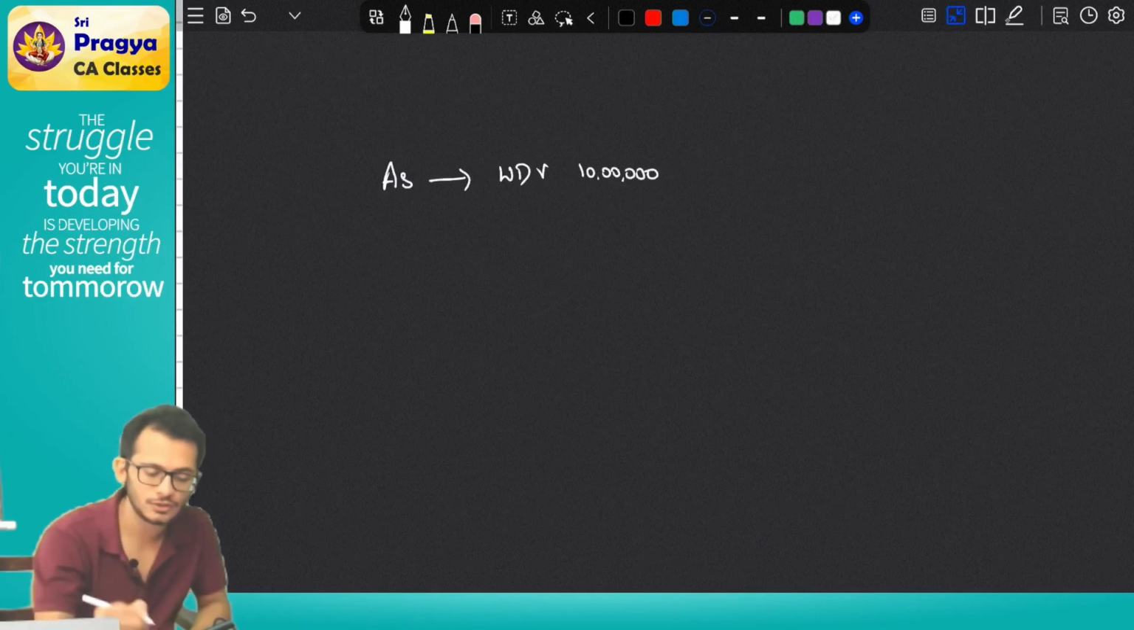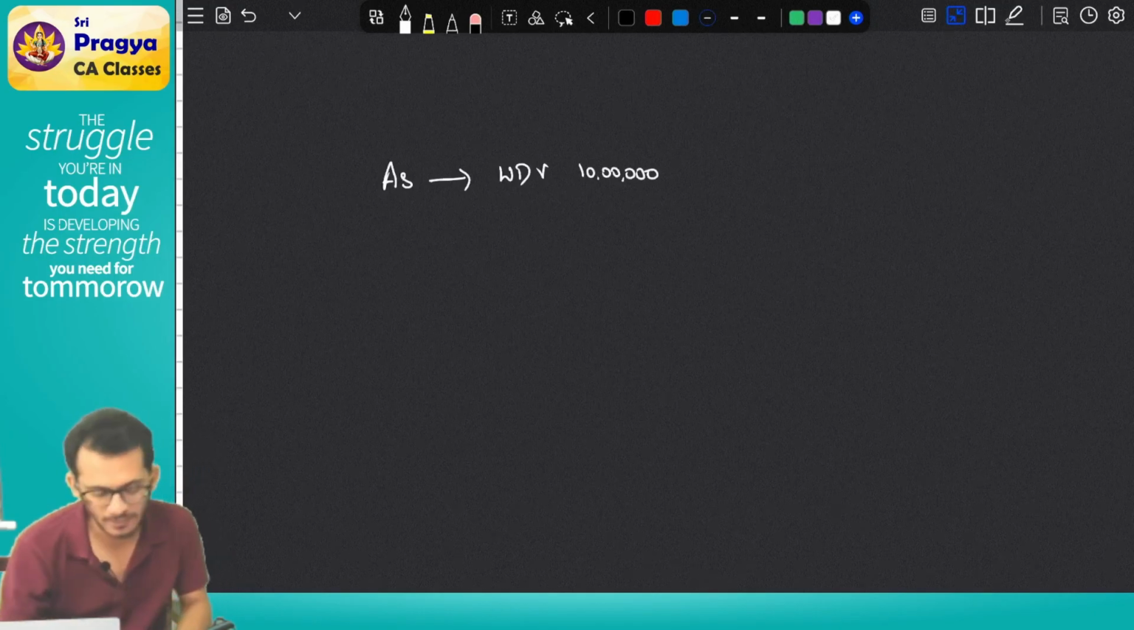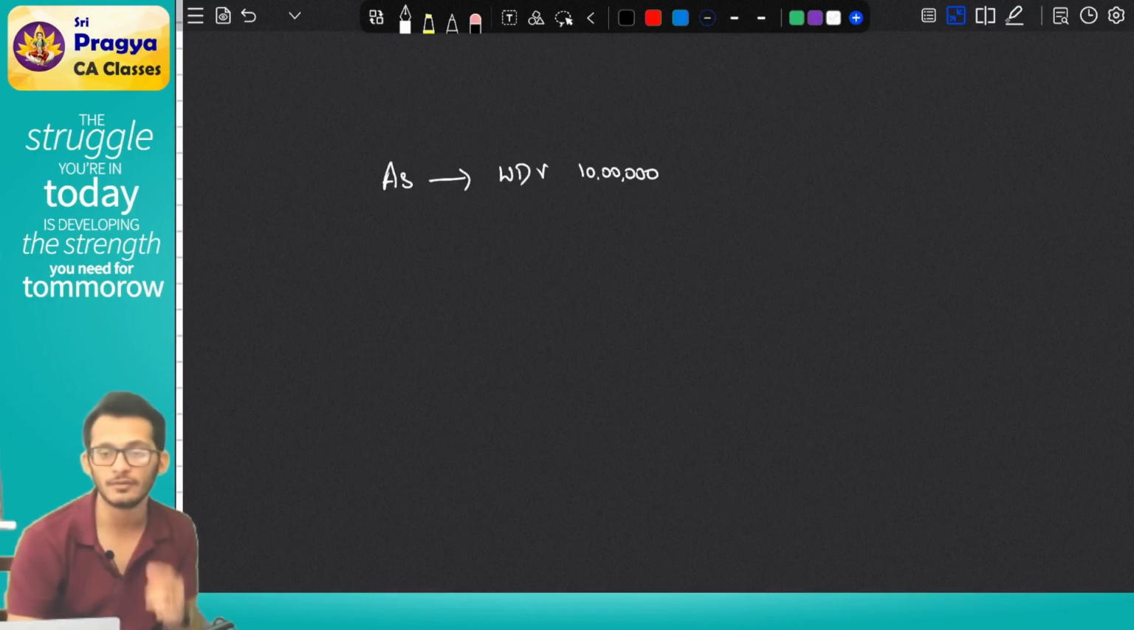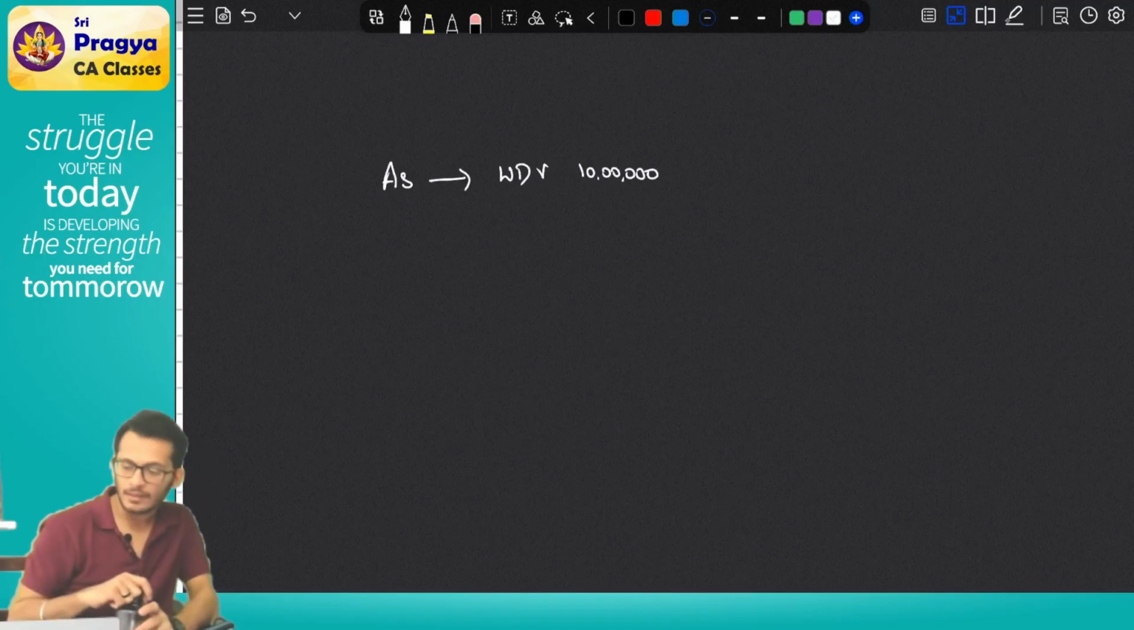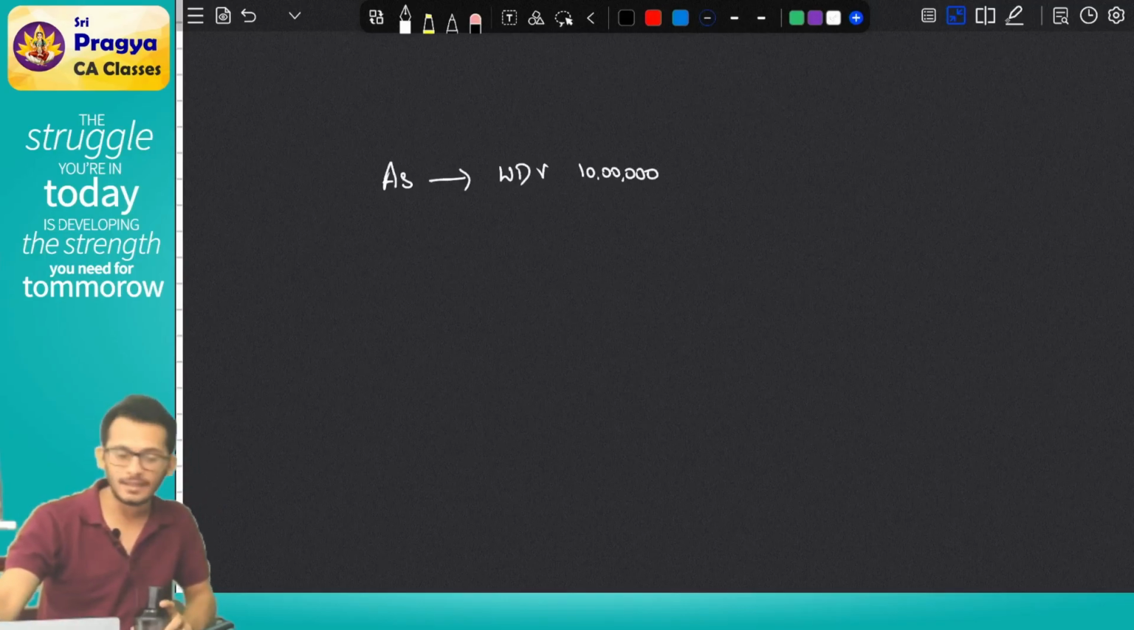Currently WDV is showing 10 lakhs, which means if I am going to claim depreciation, the maximum depreciation I will be able to claim is only 10 lakhs. Yes or no? Yes. Now what happened is, Rahul, I have an asset worth 10 lakhs, but my business is